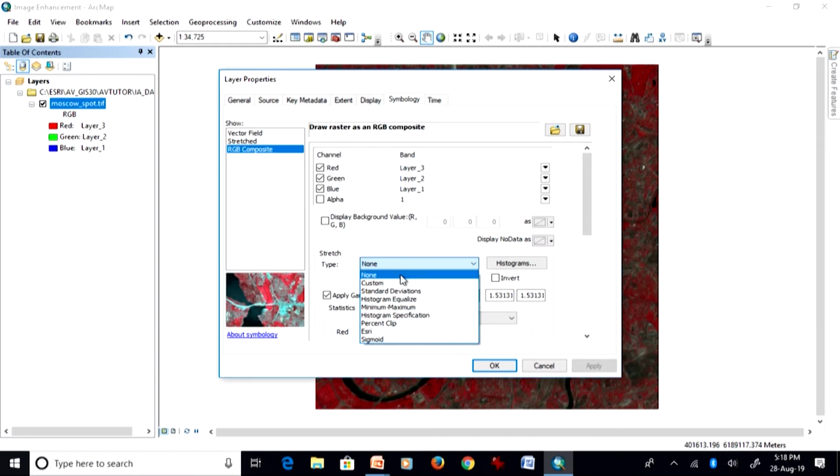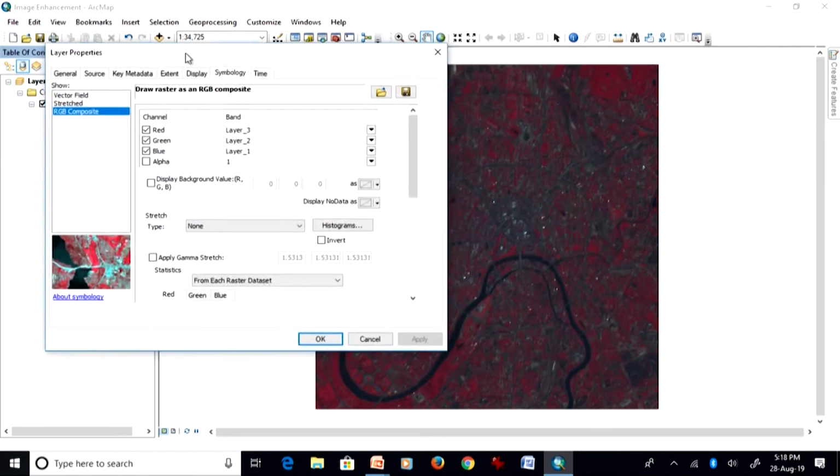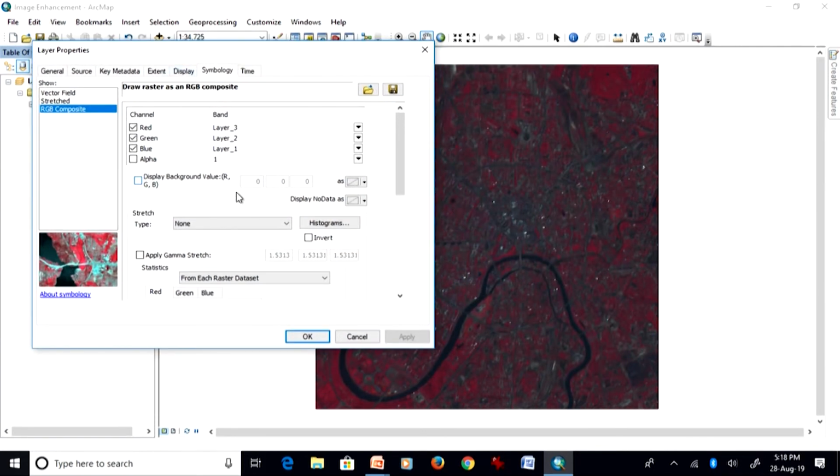One has to be careful that you first see what the scenario is when I am not going for any kind of stretch. This is the scenario, no stretch is applied at all. This is the original image, as you get an original satellite image without any image enhancement techniques.